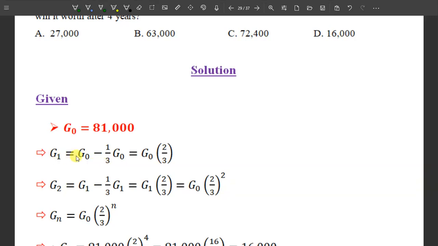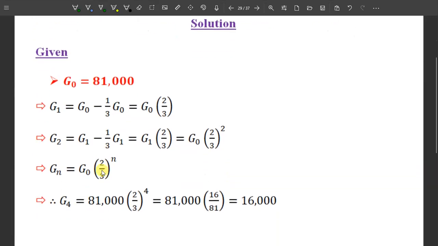Then G1 is equal to G naught, G initial minus 1/3 G naught. This is equal to G initial times 2/3. If we factor out G initial from here, 1 minus 1/3 means it is 2/3, and therefore after a year it was G initial, this amount 81,000 times 2/3, and after 2 years again